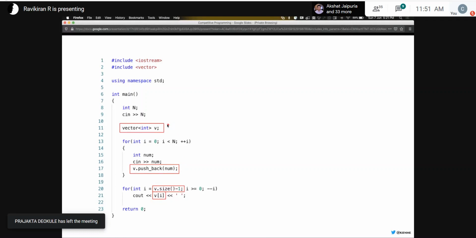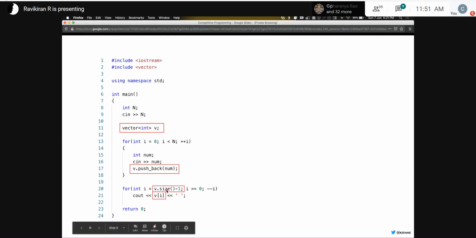If you use a fixed size array, you will not be able to add more elements than the size of the array. Now to print them out in reverse, we just go from the last till the first. To access the last value, you can use this. v.size returns the size of the vector, and then all the way till 0, and you can print. And you can see that the usage is just like an array. The only way it differs is how you declare it and how you insert values. And there's actually a slightly easier way to read values into a vector, which I'll show later. But you can see that it's pretty much similar to how you use an array. That's how you use vectors.